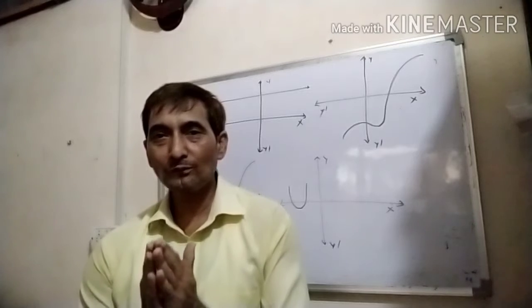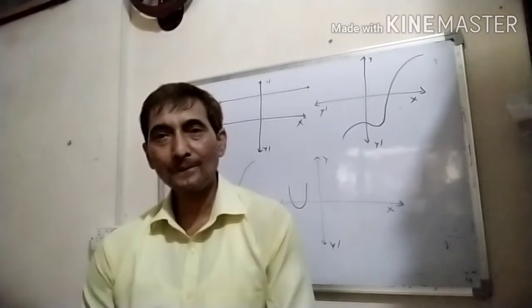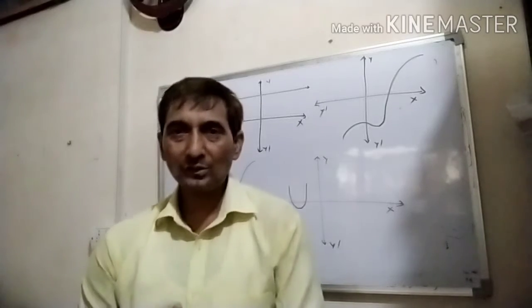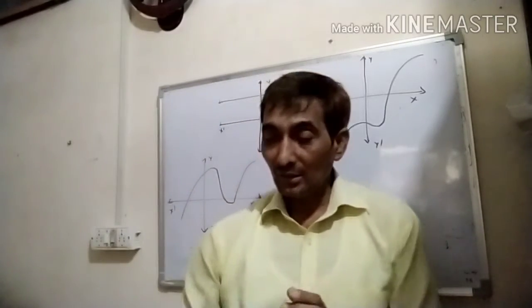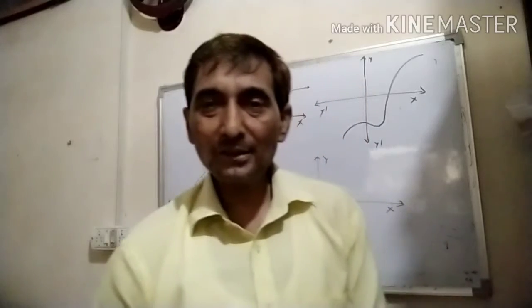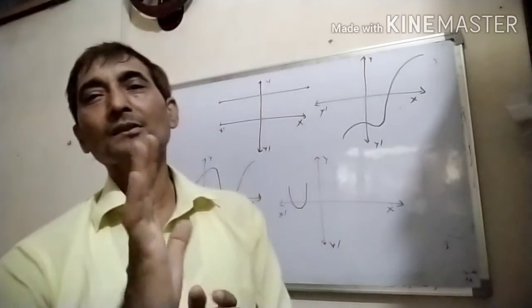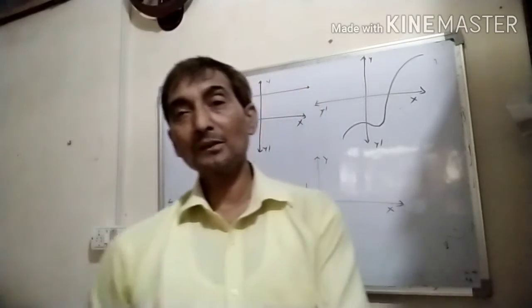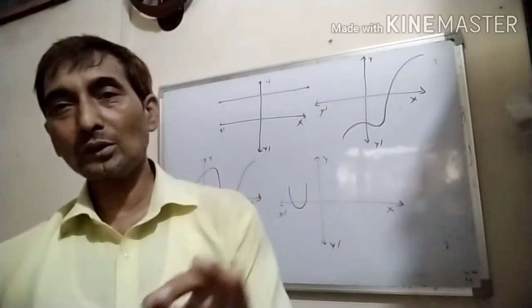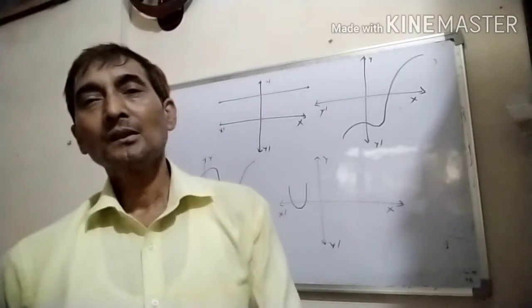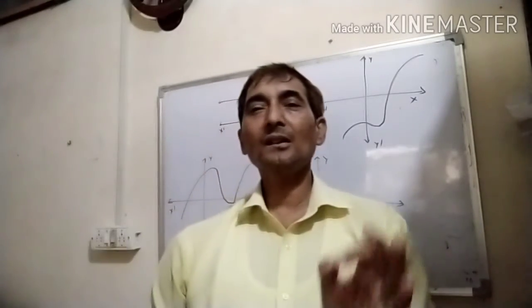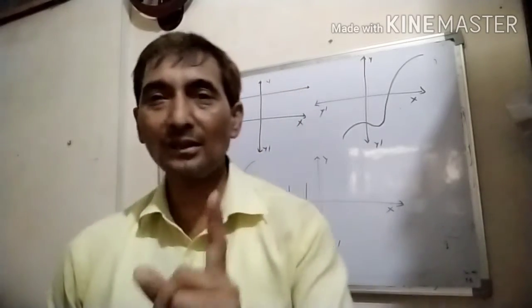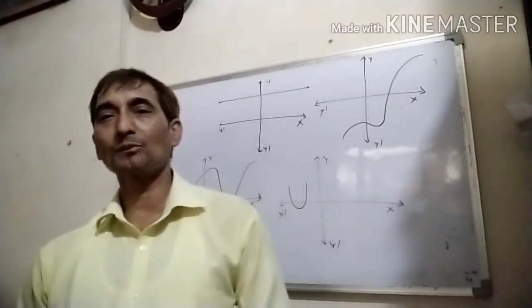Students, you will see a concept to find the zeros of polynomial. On this basis, you can only find the number of the zeros, not the zeros. The number of zeros of a polynomial can be determined on the basis of graphical representation of the polynomial, just like exercise 2.1.